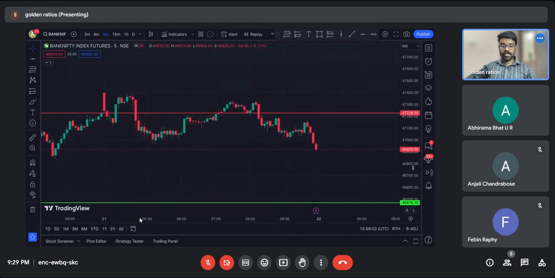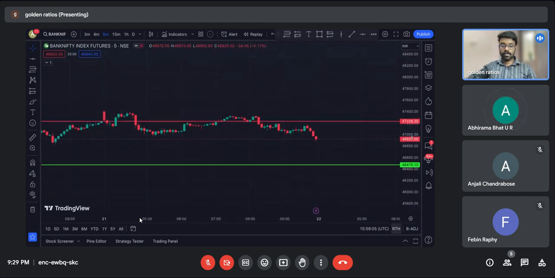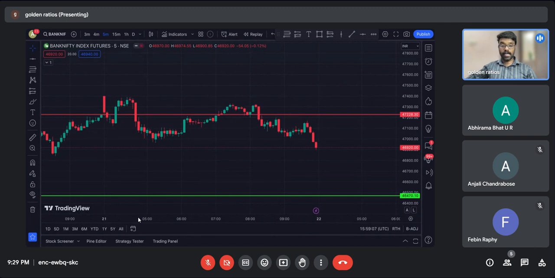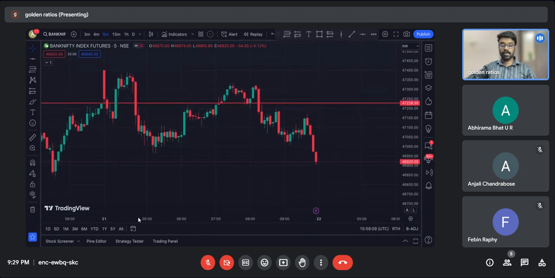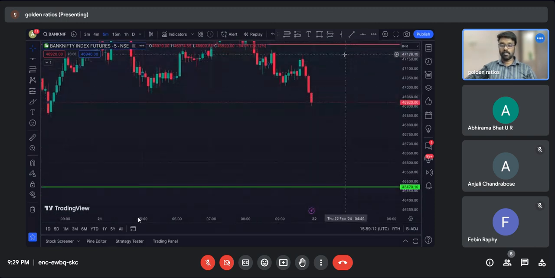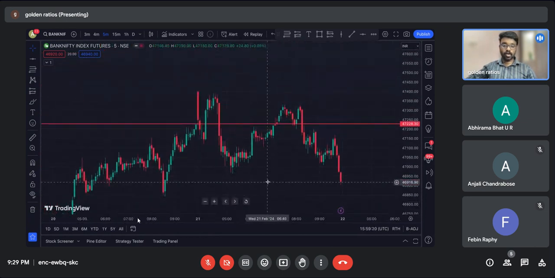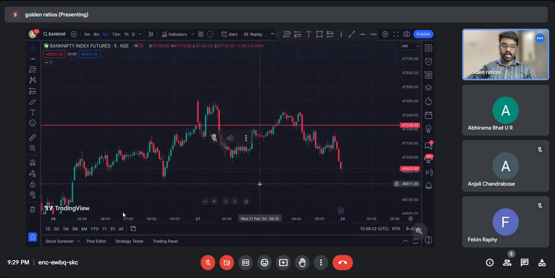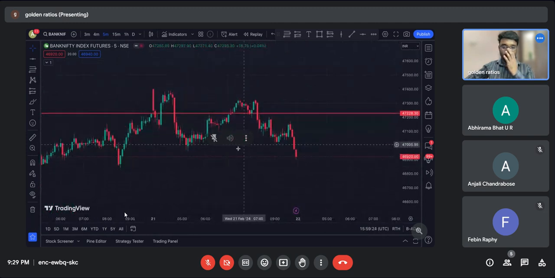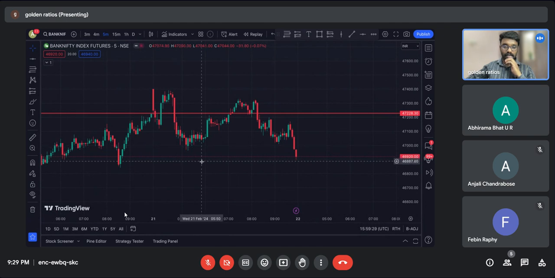So you can see, because we have drawn a day, you will be able to see a big price difference, a big range. You can see it's a huge range from 46 to 47. So here how some traders will trade is, they will be waiting for a proper breakout actually here. Like you can see